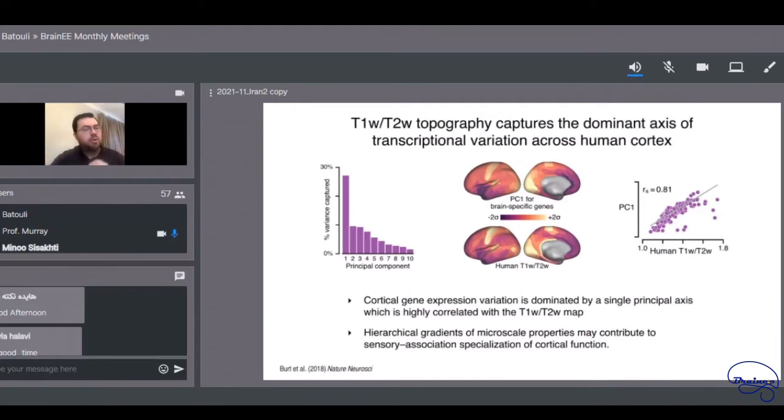So, in other words, you can think about it this way: at the level of gene expression, which is characterizing what receptors, which cell types, what kind of microcircuit properties are there, the 0th order component would be that cortex is different than thalamus, is different than cerebellum. But within cortex, the first order correction is this sensory to association hierarchical specialization of the microcircuitry. And given that that's such an important axis for functional specialization, for sensory processing versus cognitive processing, we think that the specialization of microcircuitry could be involved in that.